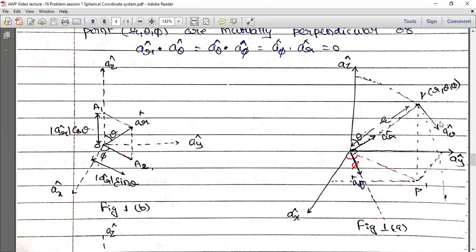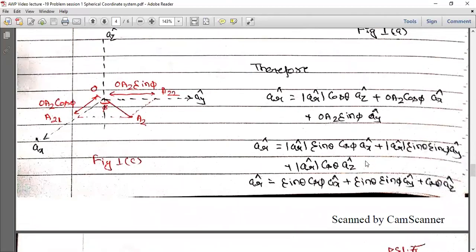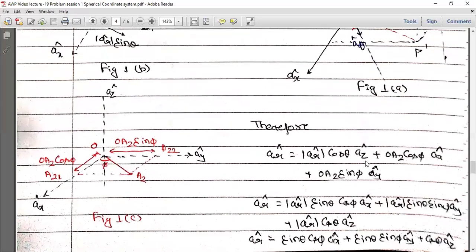And obviously, we will prove this thing mathematically, but logically, we are very sure that the radius OP and this tangent, A theta cap, are always perpendicular to each other. So obviously, AR cap and A theta cap are perpendicular to each other. We'll prove this later on. Now for finding the increment in phi, in the next figure we will find the direction of A phi cap also.